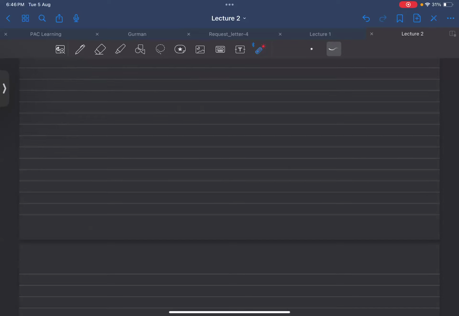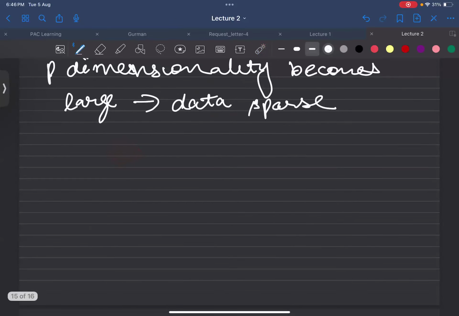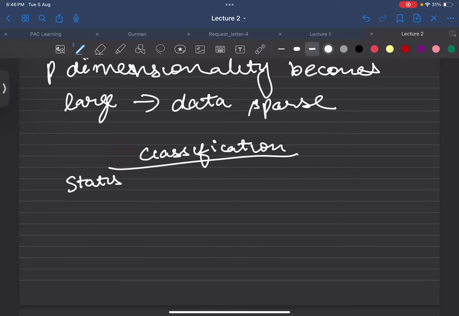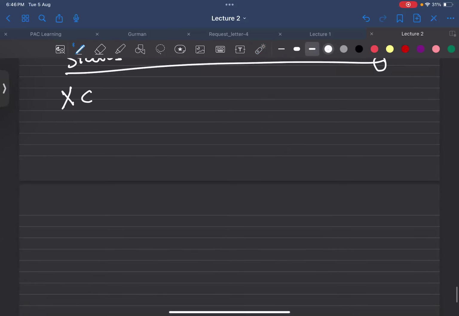So let's go to the classification part. Oh, sorry, this was the regression part. Let's go to the classification part of statistical decision theory. Though I'll not discuss it in detail, maybe, let's see. The same way, we have the input from the real space, we have the output as well, and a training data set as well.